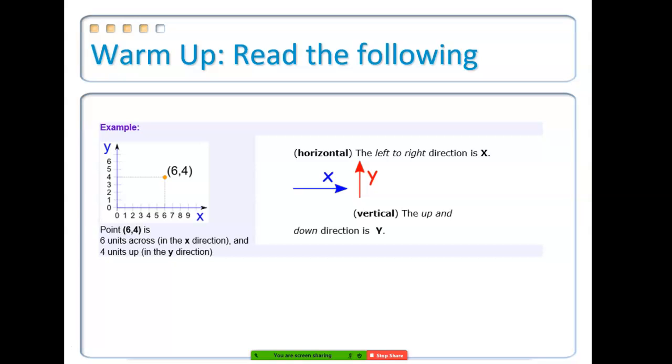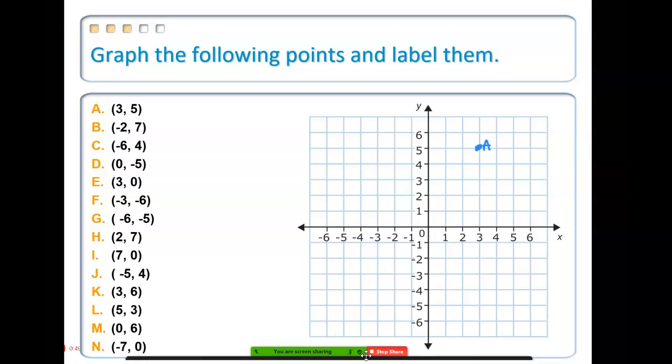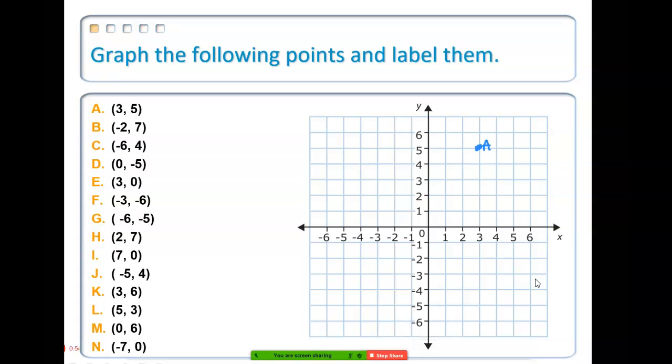The next part was to graph and label each of those points. So when it says to label, you had to put letter A, B, C, etc. So when you graphed the point (3, 5), you had to give a label of A. When you graphed the point (-2, 7), put a letter B,